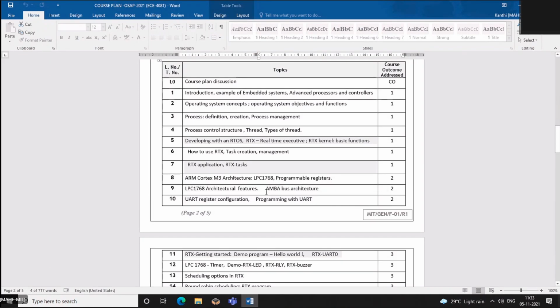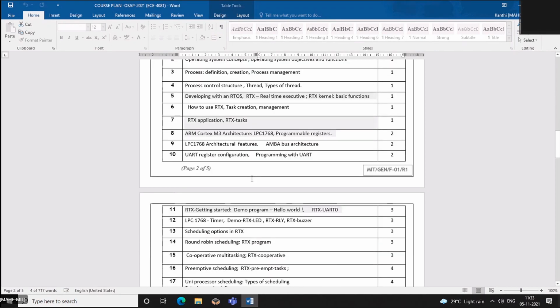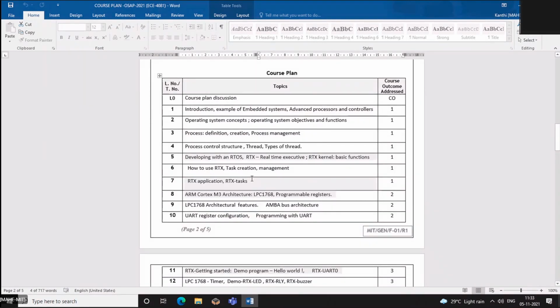And you need to go through the ARM Cortex architecture basics. Maybe the book also I have uploaded, I guess. If not, I'll load it. Maybe those things are given in the slides, but you need to refer to the book for the theory to understand more.